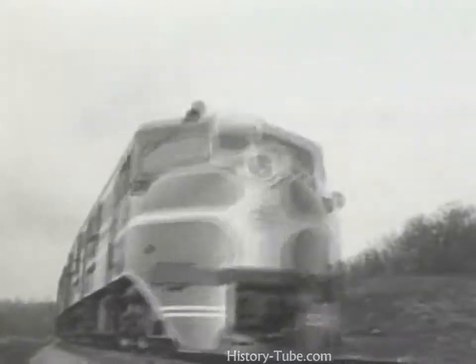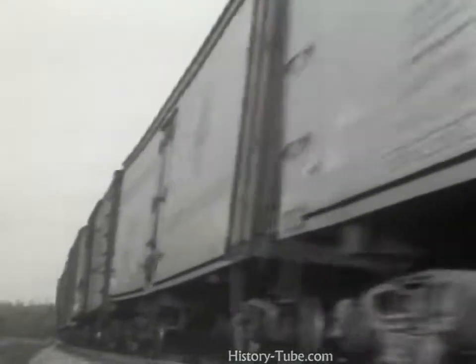A vast amount of technology, research, and experimentation is embodied, for example, in these exceedingly modern diesel road locomotives, which are capable of being used with equal effectiveness in either passenger